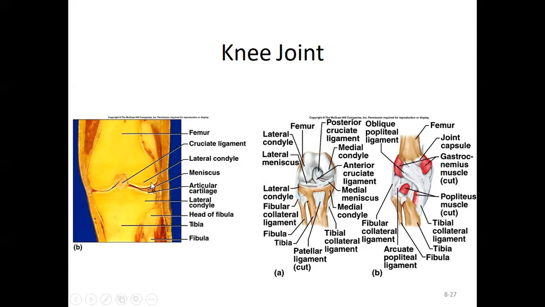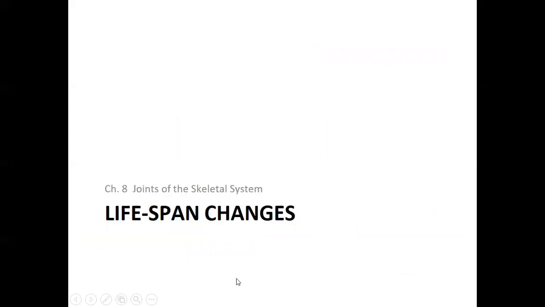So here's your lateral condyle of your femur. This is your tibia. This is your fibula. This is the lateral condyle of your tibia, medial condyle of your tibia. All right, so those were some of the more common or the more prevalent